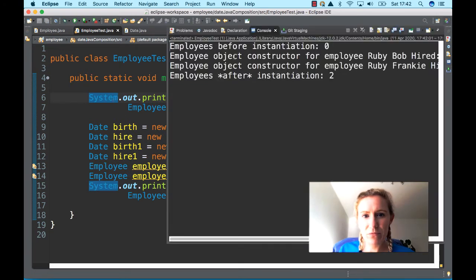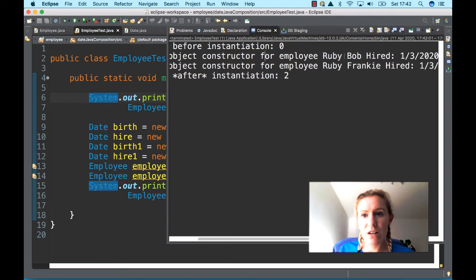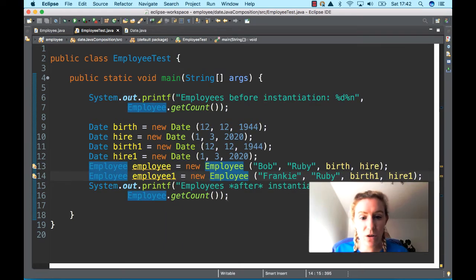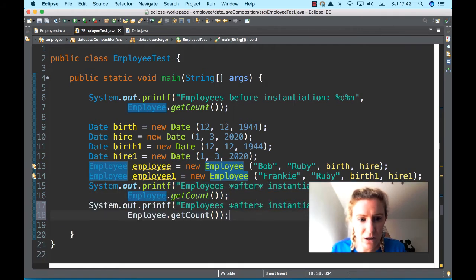Now, so we have employees before instantiation, obviously null because we don't have any employees instantiated. There's no new objects. Here is employee object 1, the first one, the second one, and then after instantiation is 2. So we can also do one other thing here, which is very useful, and that is to show